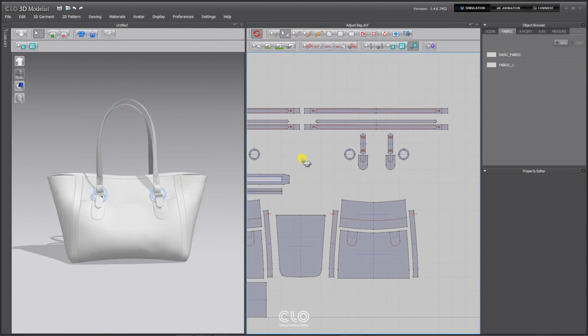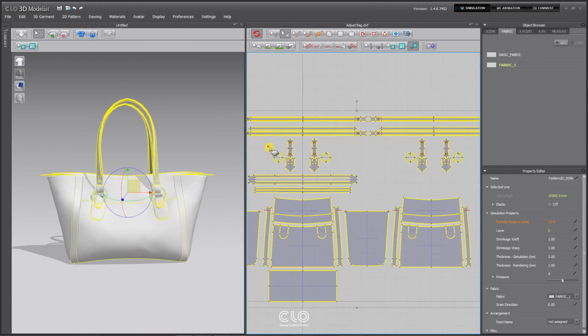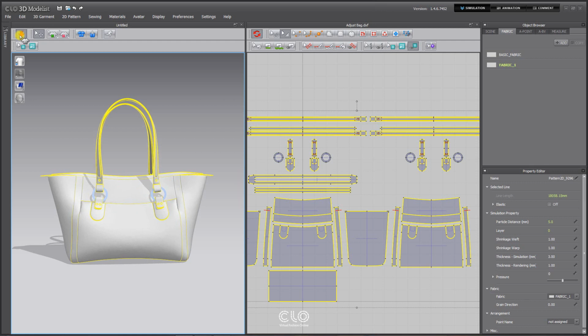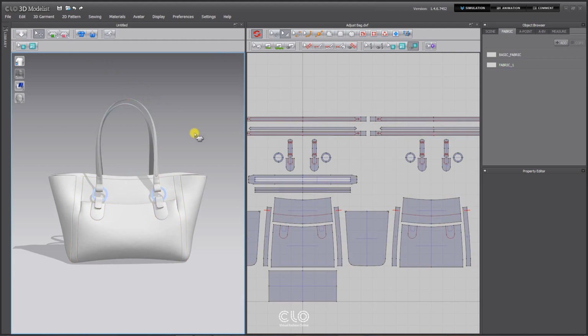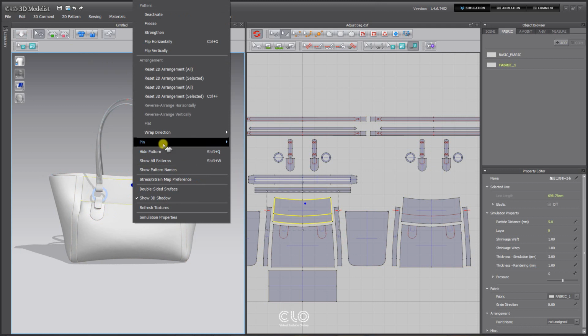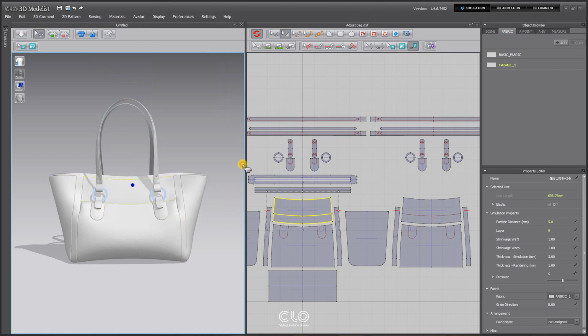To enhance the quality of the bag, aside from the ring patterns, select all patterns and reduce the particle distance to 5. Activate simulation to apply this setting. Then turn simulation off. To delete all pins from the bag, right-click on the bag and navigate to Pins, remove all pins. Lastly, to unfreeze the ring patterns,